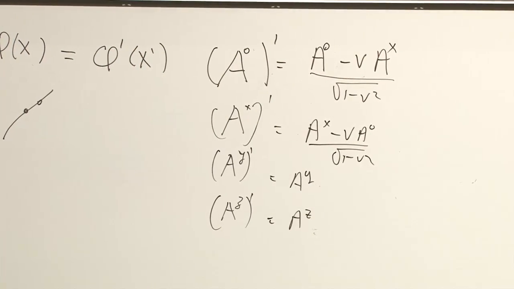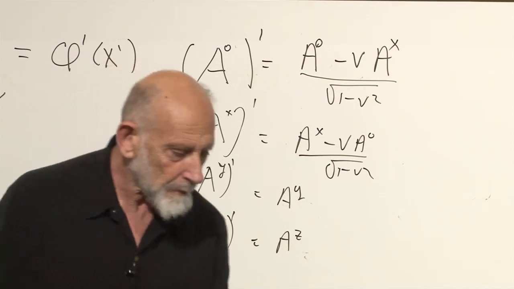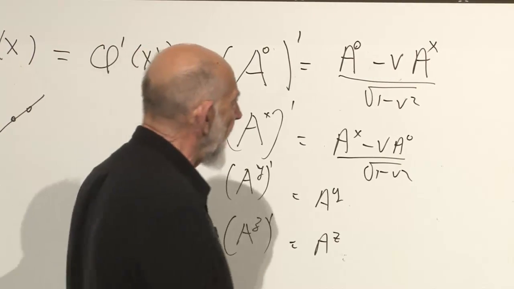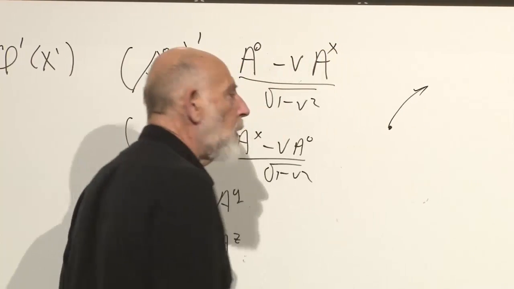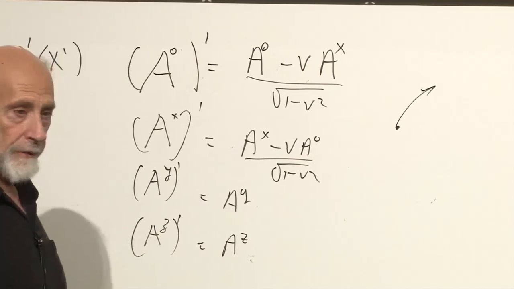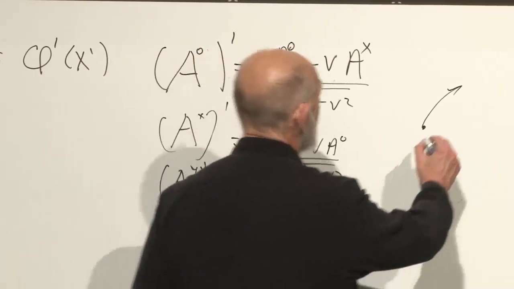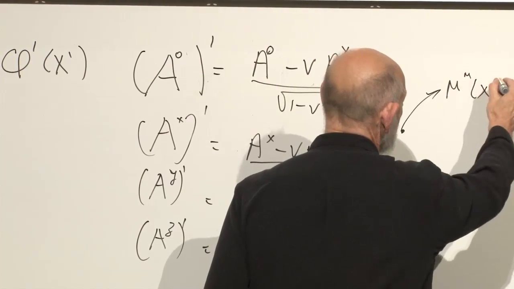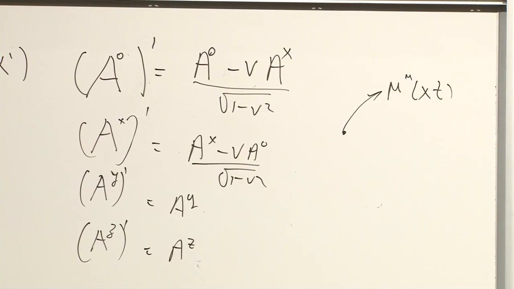An example of a field which obviously transforms this way. Can I give you an example, one that makes it clear why that transforms this way? Imagine a fluid filling space-time, so that at every point in the fluid there was a 4 velocity, an ordinary velocity for the fluid points. The 4 velocity could be called u mu, but it would be a position-dependent thing. If the fluid was flowing, the velocity might be different in different places.